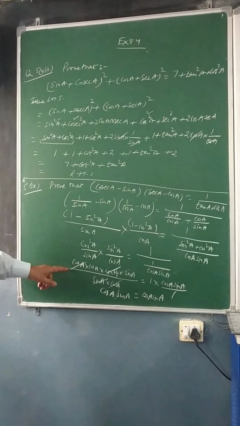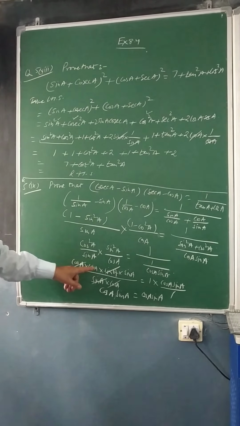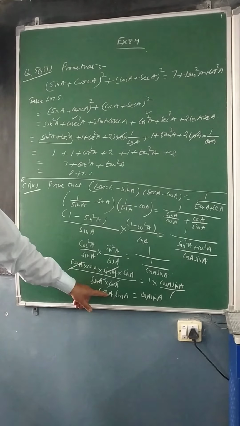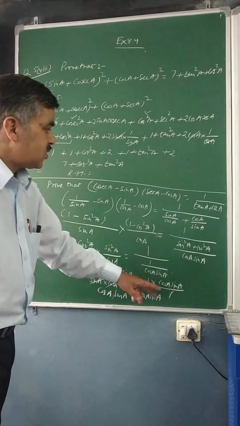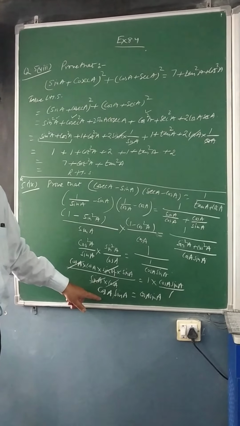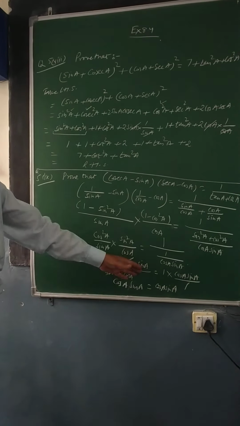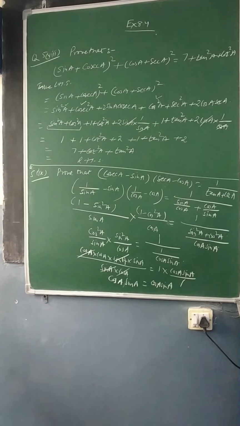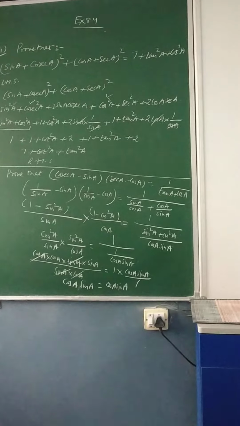So here cos A will go off with cos A, sin A will go off with sin A, and you are left with cos A into sin A, that is cos A sin A. And here is 1 upon 1 is 1 and it is cos A sin A. So I solved both the sides simultaneously and finally I am getting the most simplified form in terms of cos and sin, where you can see left hand side is equal to your right hand side. So that is the solution for your 9th part of question number 5.